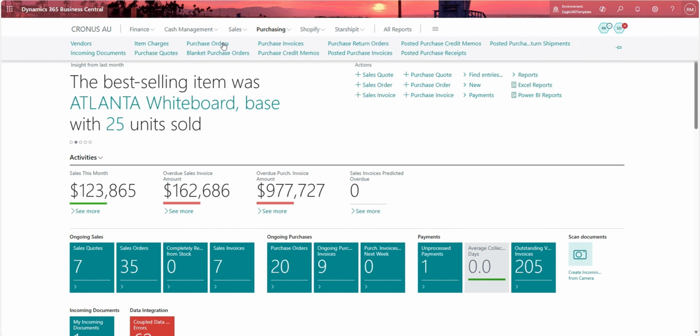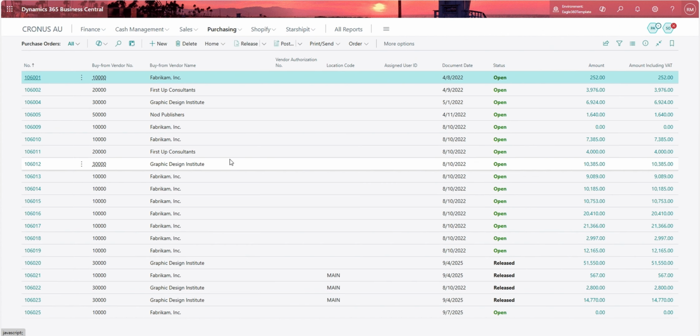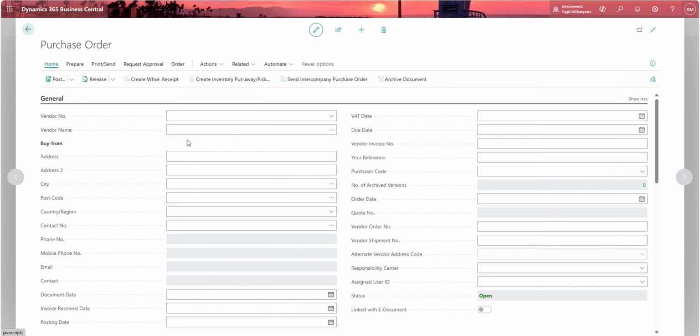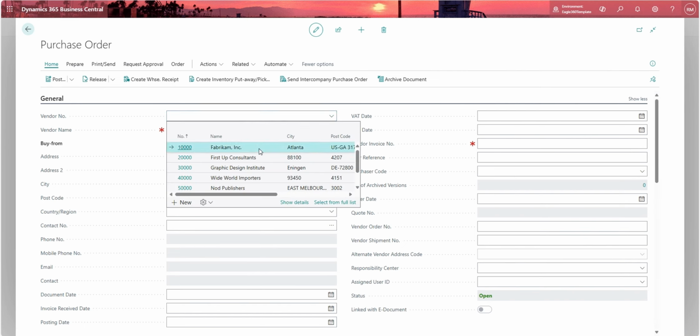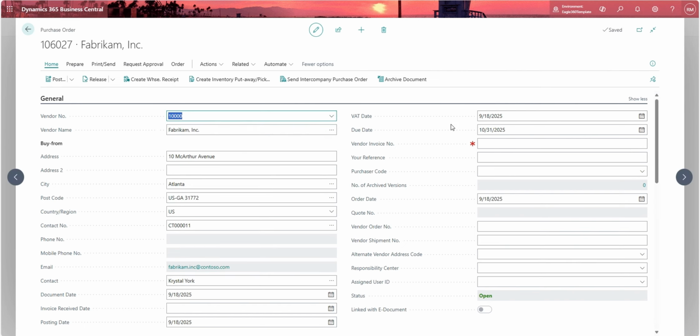Go to Purchasing, then Purchase Orders. You'll see the list of existing purchase orders. Click New to create a new one. Next, select the vendor. Once you select the vendor, all the vendor details automatically appear in the header fields of